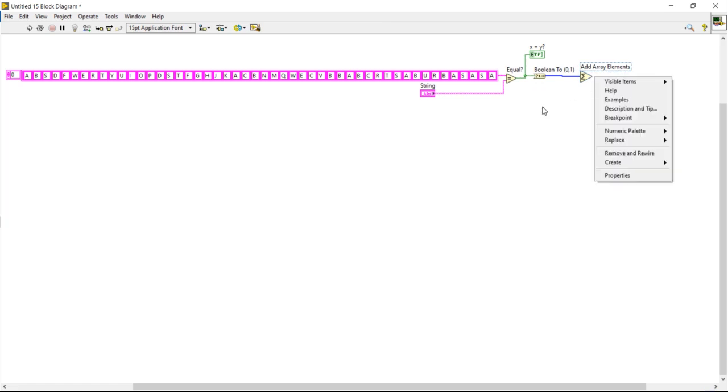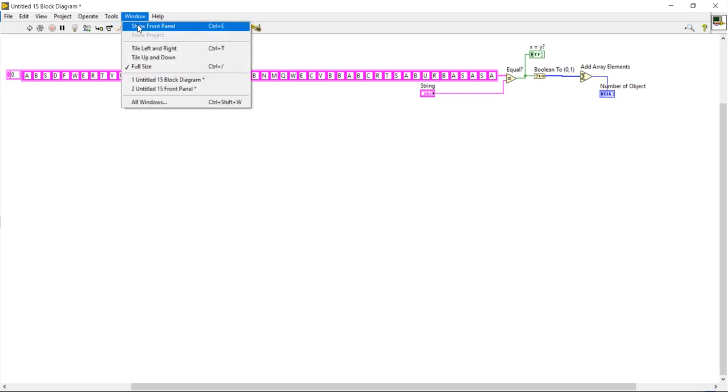Now right click, create an indicator, number of objects. Now I can show you the logic here.